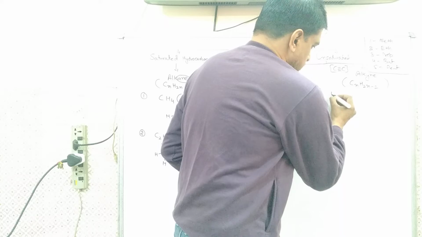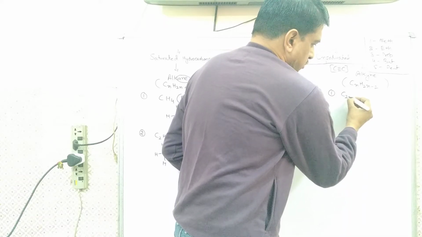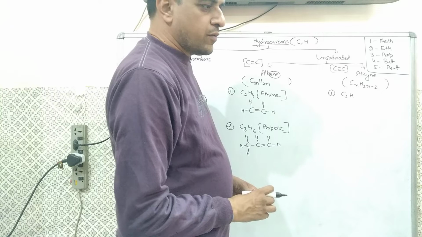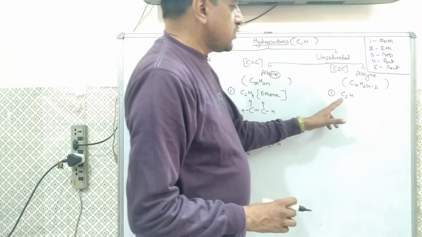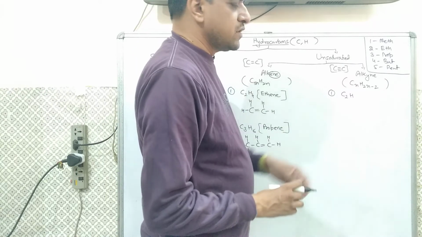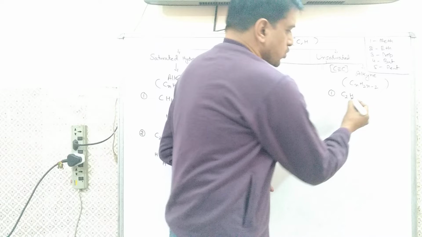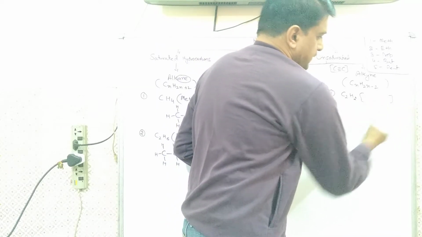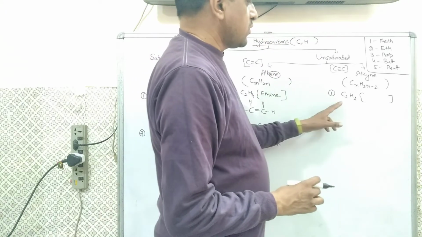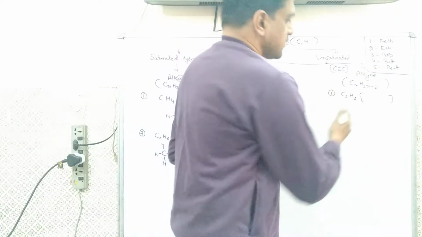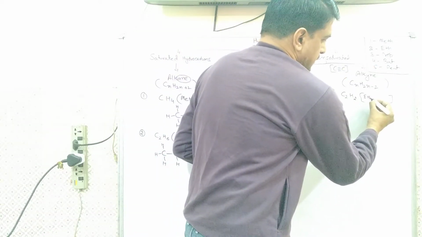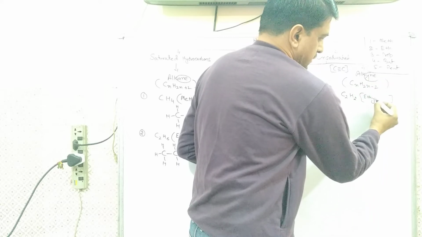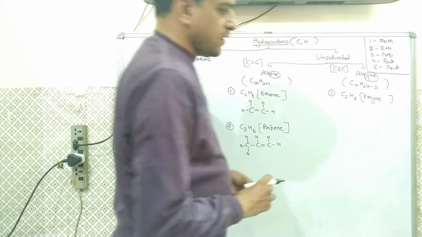Now you can draw the structure. It should start from 2 again, because there must be a triple bond between two carbon atoms. That means C2, then 2 times 2 is 4, 4 minus 2 is 2. The first compound is C2H2. Now name this compound starting from eth, and the suffix is yne. The name is ethyne.